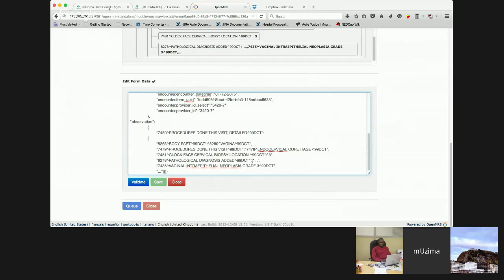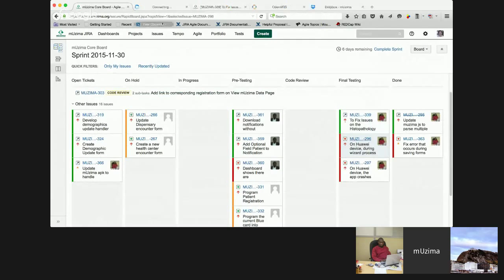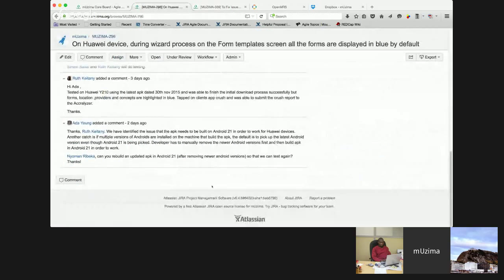Except this one, all the changes look fine based on the specifications. Okay. And then the other 2 tickets are the Huawei device APK testing.